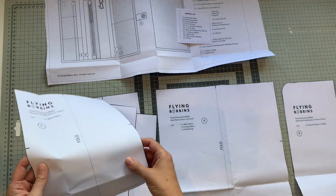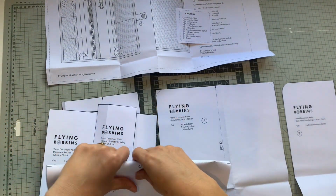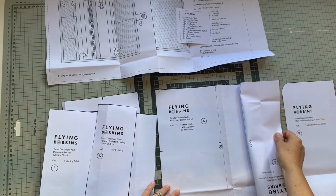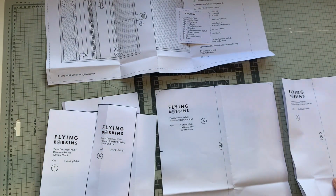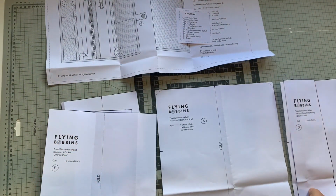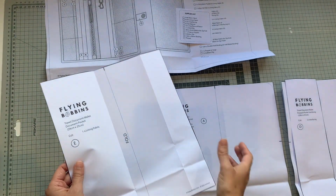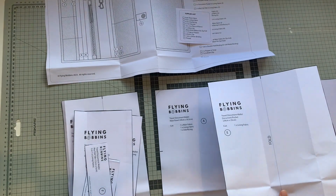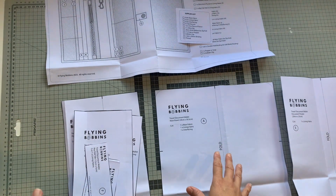Then you have C, which folds in half and sits here to create your passport pockets, and you cut 2 of those in the lining fabric. Piece D is the interfacing for that passport pocket. Piece E sits behind the passport pocket, so once again that folds in half and sits just behind there. You don't have interfacing for that because I don't put interfacing on all the pockets, it makes it a bit